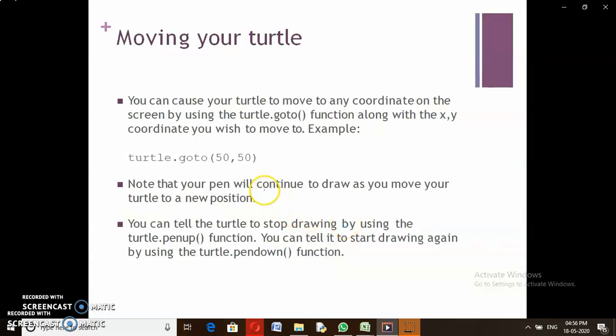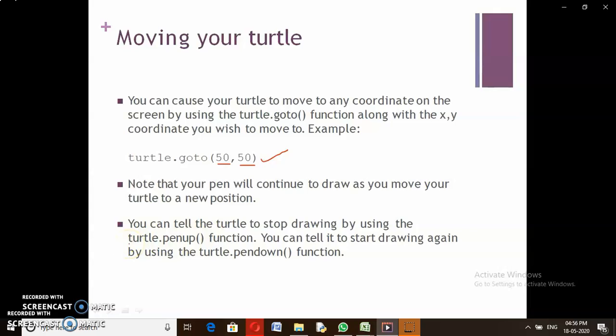Okay, because the number of sides is 3. And moving the turtle from one place to another place, you can do with the turtle.goto method. Here the x position is 50 and the y position is 50. It takes these coordinates from the current position of the turtle. From the current position it moves 50 in the x direction and 50 in the y direction, and there it places the turtle.